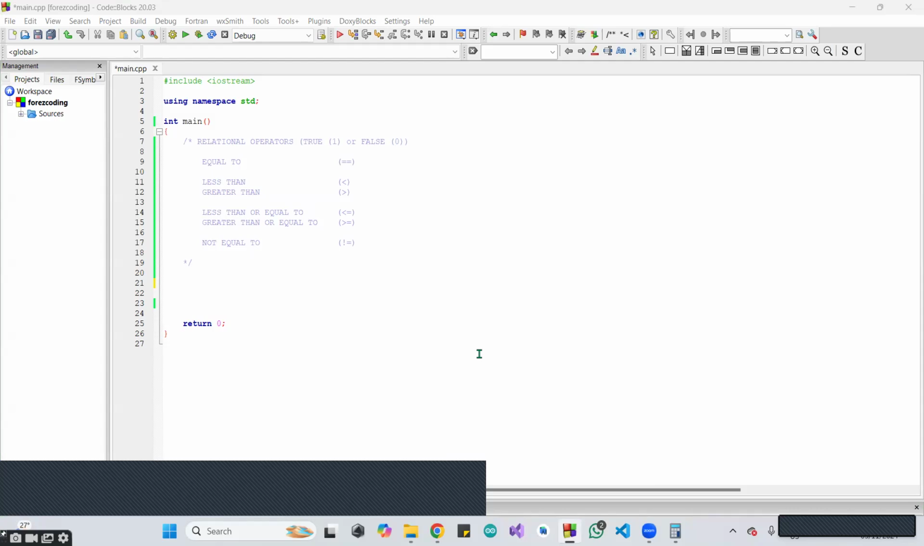And what are those operators? We have equal to with a double equal sign, and then less than, we are going to use the left angle bracket. For greater than, we are going to use the right angle bracket. For less than or equal to, we are going to use the left angle bracket with a single equal sign. And for greater than or equal to, we are going to use the right angle bracket with a single equal sign. And for not equal to, we are going to use what we call the,